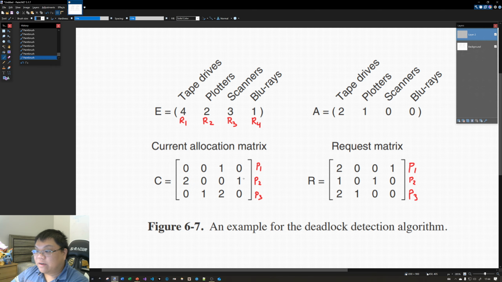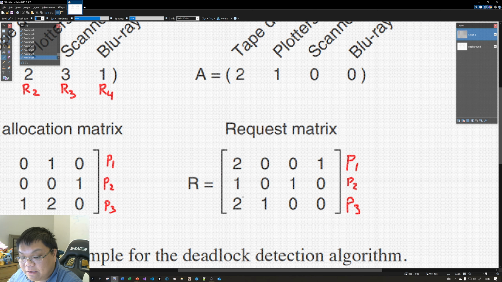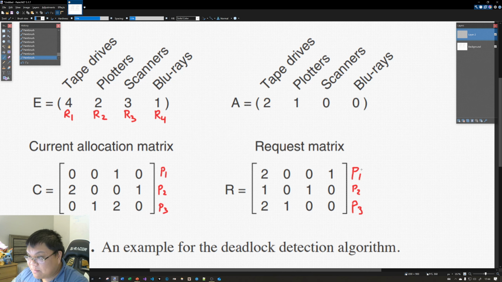So let's ask the question. Given each row in matrix R is a listing of how much more of each resource each process needs, which request can be fulfilled right now? Can we fulfill process 1's request for resources? No, because we don't have enough Blu-ray drives. Can we fulfill process 2's request? No, because we don't have enough scanners. Can we fulfill process 3's request? Yes, because we have exactly enough tape drives, and we have exactly enough plotters. Process 3 doesn't need